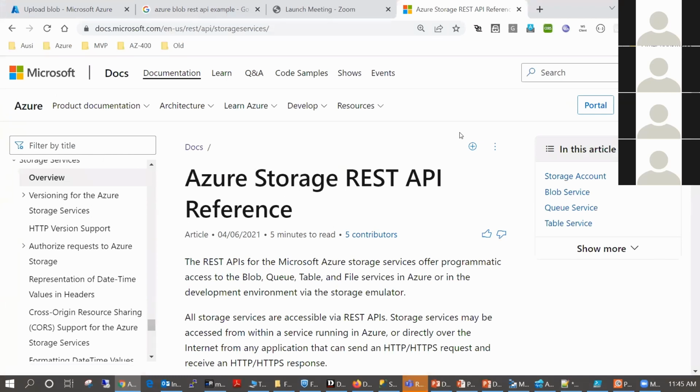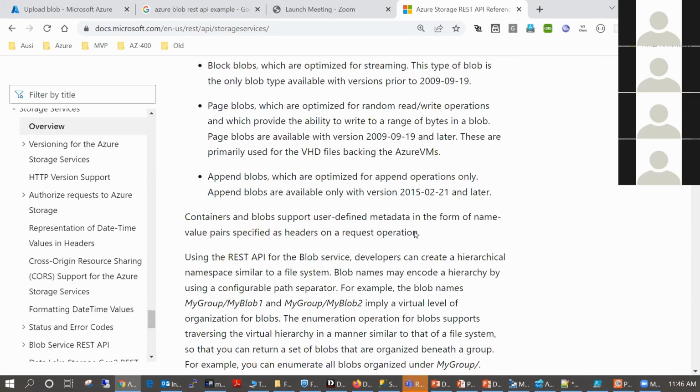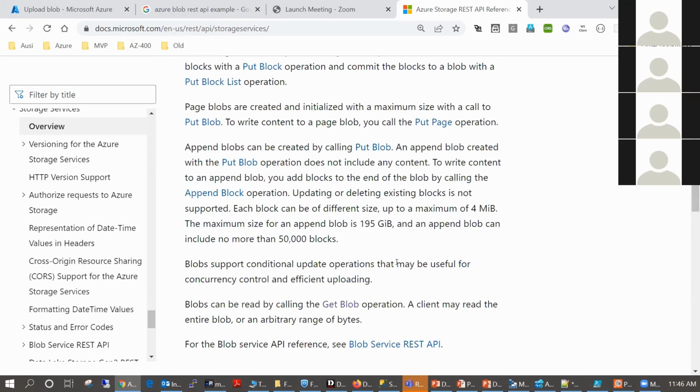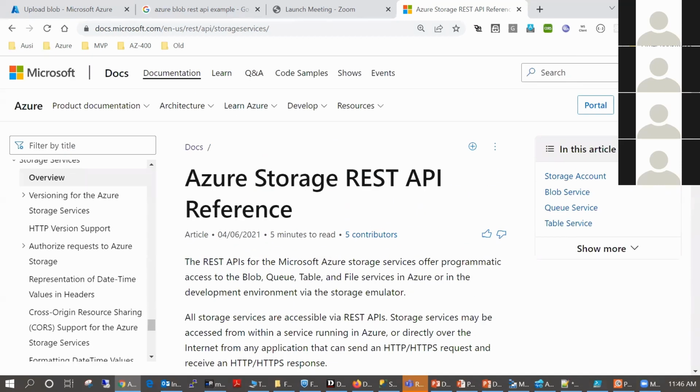This is applicable for all the items like blob containers, files, file shares, queue, tables. Likewise, this is applicable for all the storage services given there. So if I share this URL, it has an API reference. Now let me just show you the